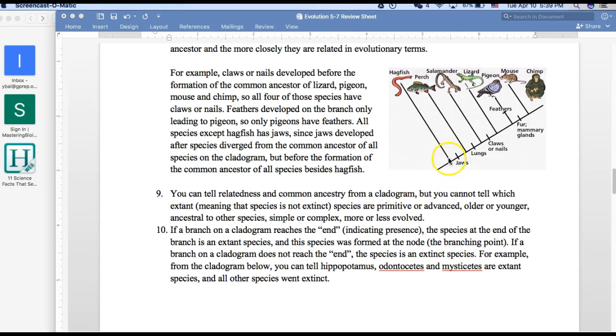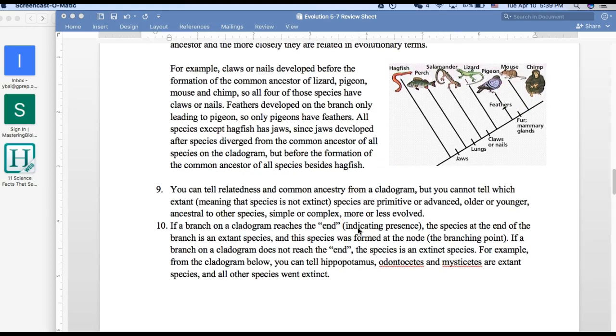This ancestor right here is older, or an ancestor to all of these organisms, but none of these organisms is an ancestor to any of it. Okay, simple or complex, or more or less evolved. So just make sure you remember what is an evolution, what you can actually tell from a cladogram, and what